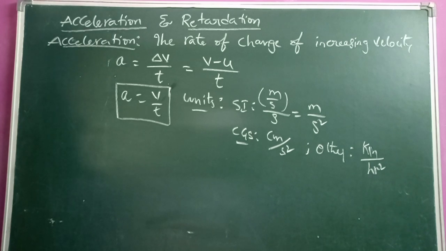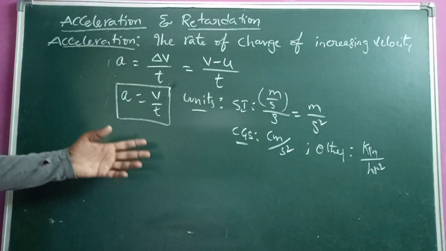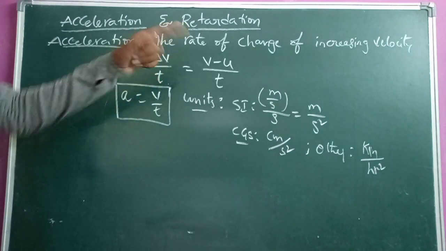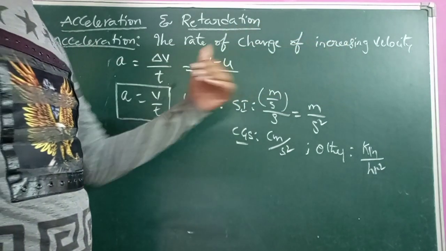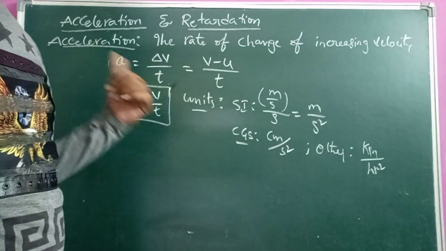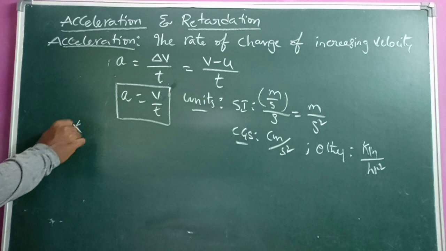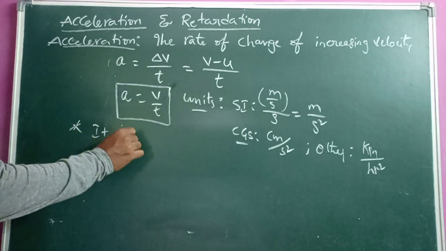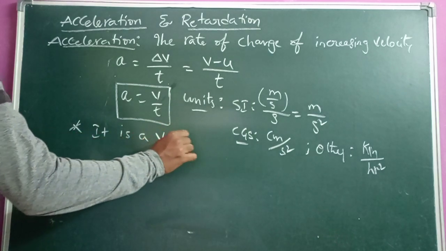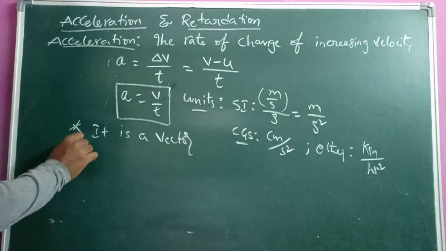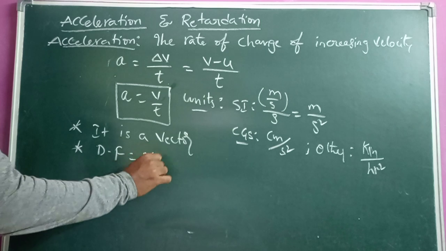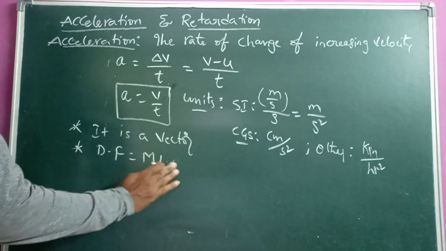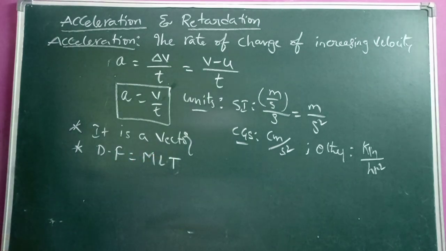Okay, the rate of change of increasing velocity we call acceleration. The rate of change of decreasing velocity is nothing but retardation. Acceleration is a vector quantity, and the dimensional formula of acceleration is